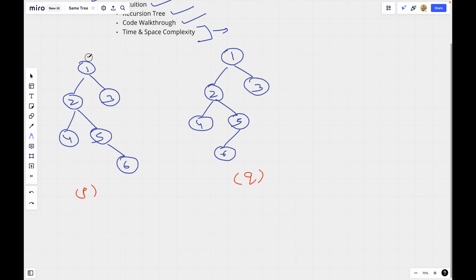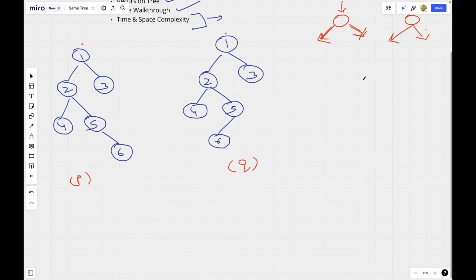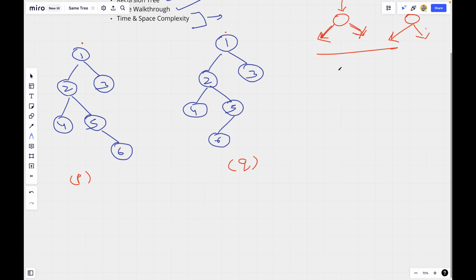So we start from roots of these binary trees, and while traversing these binary trees, I will make sure that I am traversing the trees in similar fashion. By similar fashion, I mean suppose at every particular node I have two choices. Either I can move leftwards or rightwards. If I decided to move leftwards in one binary tree, I will move leftwards in another binary tree as well. If initially I decided to move rightwards in one binary tree, then I will make sure that I am moving rightwards in another binary tree as well. And why I am doing this? To make sure that we are checking these two trees are structurally identical or not.